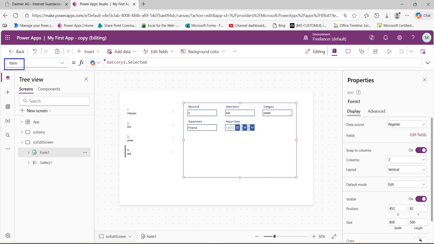What is the name of that gallery? Which name have you given? I didn't give any name here, so I have it as the same name. Gallery dot Selected. That's the property. On select, you have to just type Gallery dot Selected. And then we say Set